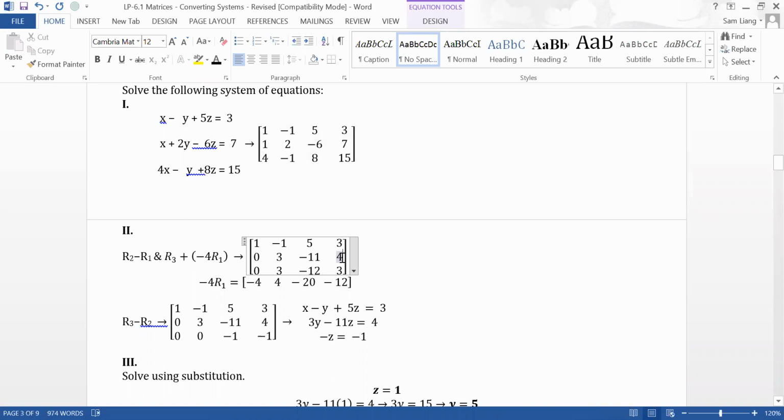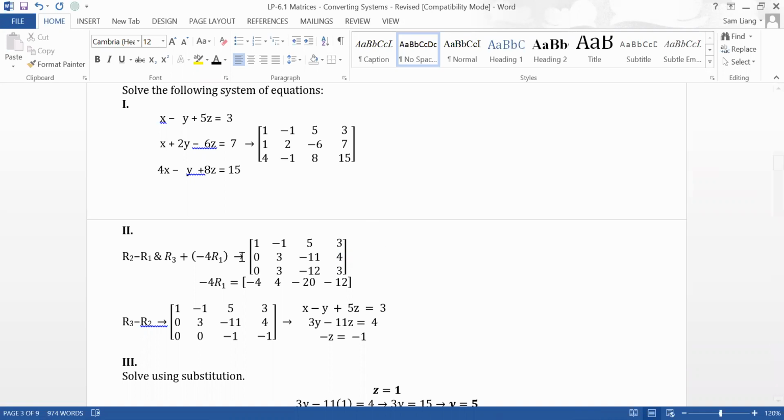All right, we're also going to do row 3 plus negative 4R1. I find it helpful to write negative 4R1 down here for reference. So negative 4R1 is equal to negative 4, 4, negative 20, negative 12, right? All we did was multiply by negative 4. And this is the first row operation that we mentioned earlier: multiply one row and then add that to another row. Same thing that you do for solving a system of equations, except now we're talking about it in the context